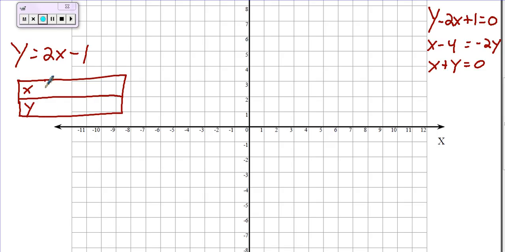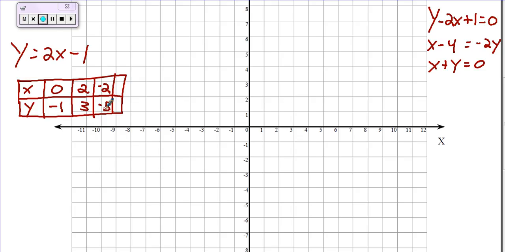We'll call the first one x, the second one y. And we're going to come up with a bunch of values for x. So let's start making something up. We'll start with 0. We'll say 2. We'll say negative 2. If x equals 0, what is y on that equation? If x equals 0, y would be negative 1. If x is 2, what is y? 3. If x is negative 2,